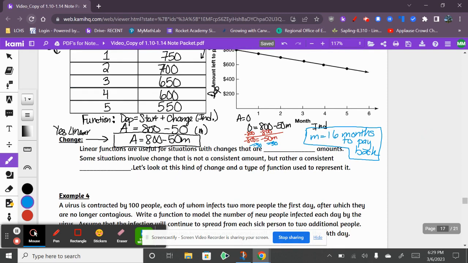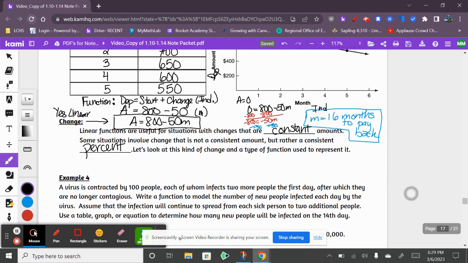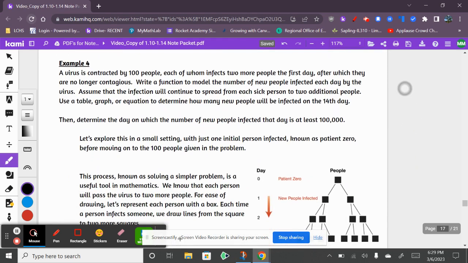So linear functions are useful for situations with changes that are constant amounts, and some situations involve change that is not a consistent amount, but rather a consistent percent. We're going to look at this kind of change as a type of function. So in the next example, example 4, we have a virus contracted by 100 people, each